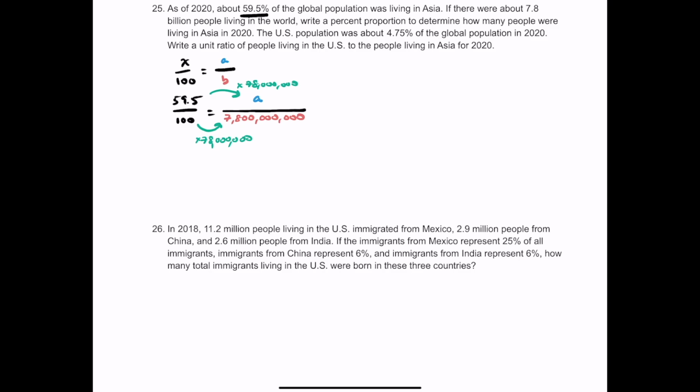At this point, I'm just going to multiply it out using a calculator just to get this value a little bit quicker and save a little bit of time here. So A is going to be exactly 4,641,000,000. So I think that's exactly what we need. Yep. Okay, again, this is probably an approximation, but this is